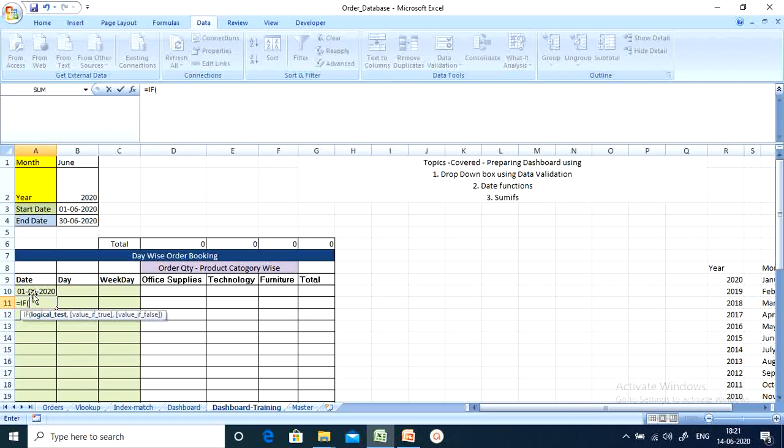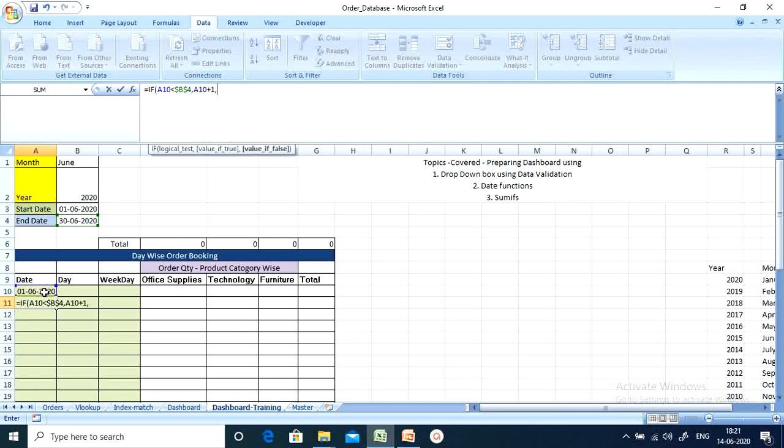So here my logic test is: I am selecting the previous day in the row above, less than or equal to the last date. Here I am making it F4, adding the dollar symbol, since my last date is also dynamic with respect to the month, so I am making it a constant. If this condition is true, for the previous day I am going to add 1 day.